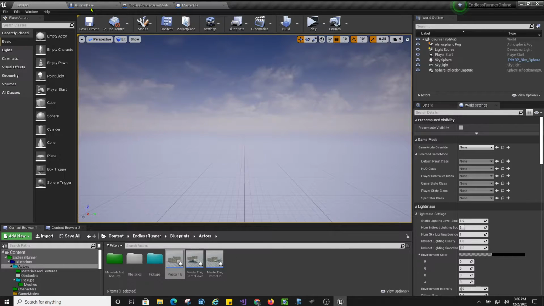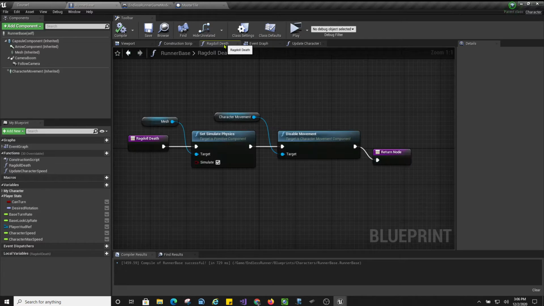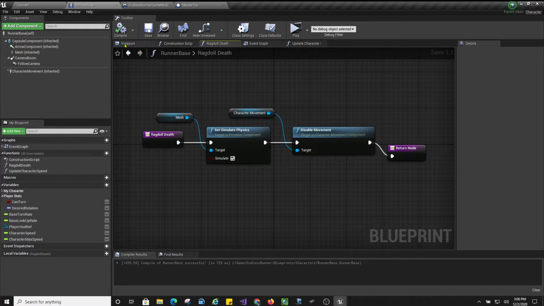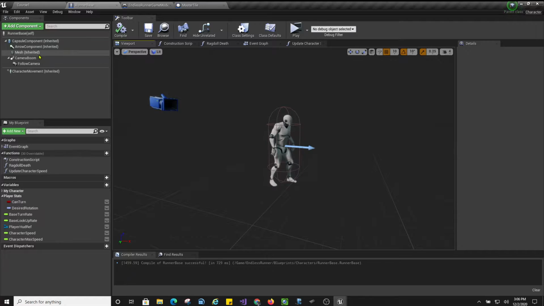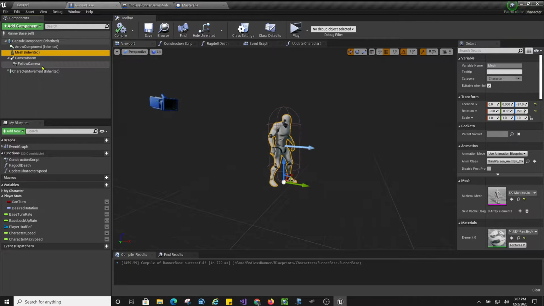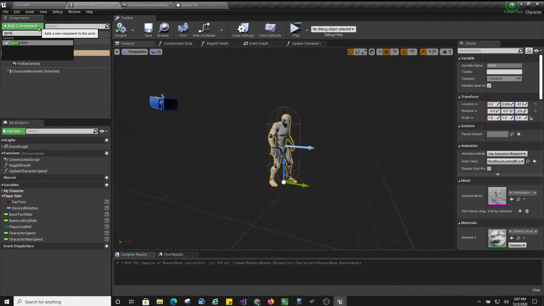We're going to do one more little quick thing in our ragdoll death. So right here we have ragdoll death, and so we're disabling movement and things like that, but our character just kind of flows straight on through. So what we need to do is add an additional camera boom and camera so we can use our ragdoll camera. So let's go here and say we're going to add a spring arm,